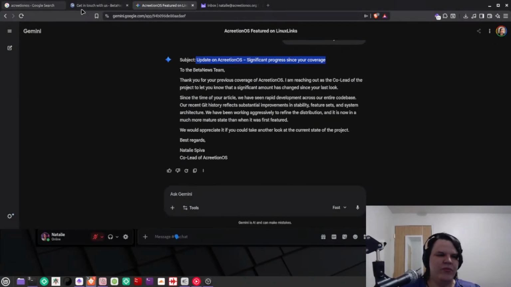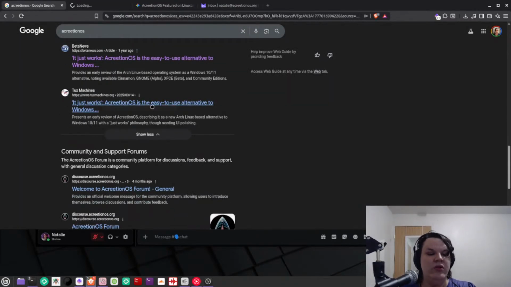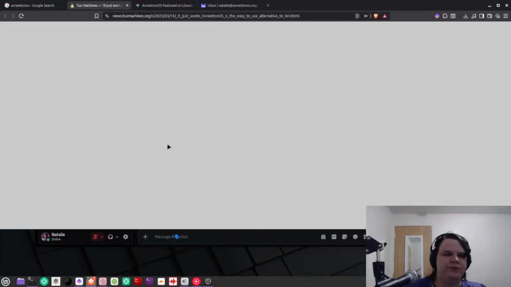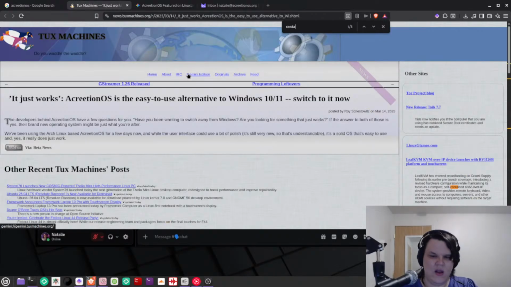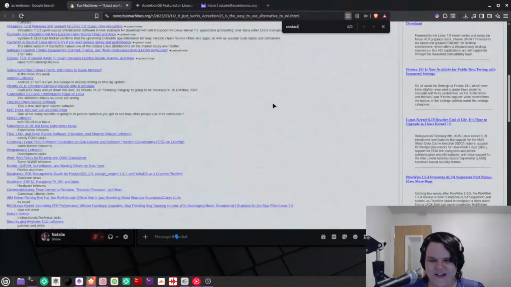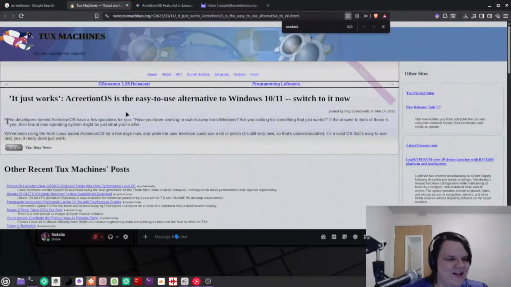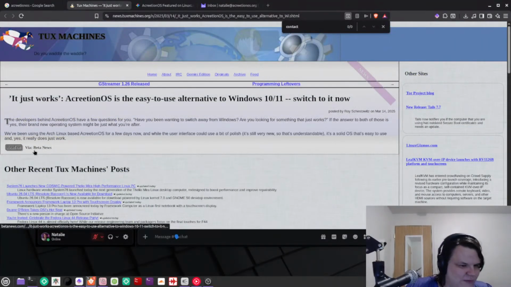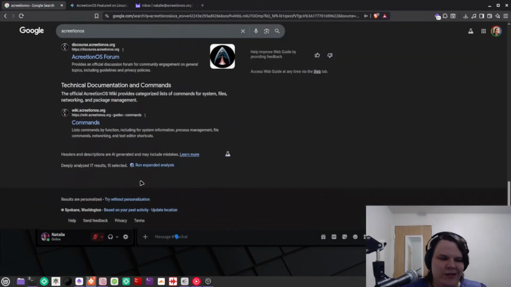There's that. I wanna go ahead and see. We did that. We'll do the same thing for Tux Machines, I think. Let's see. How do we contact them? I don't want to do it in a way they're not comfortable with. I don't want to do it via IRC either. Not really what I want to do. That's weird. I just indexed the Beta News article. Well, I don't like that.